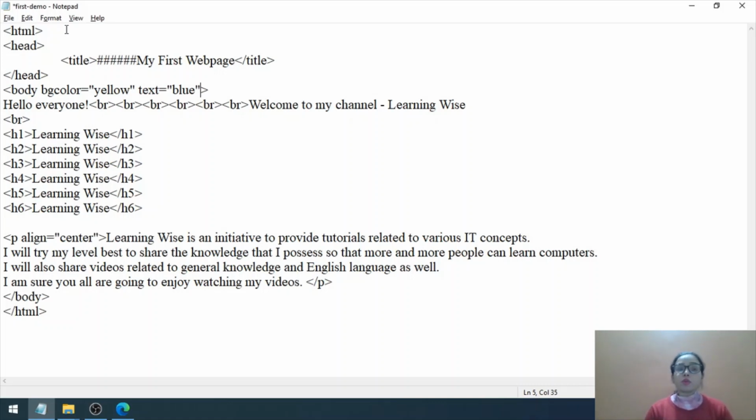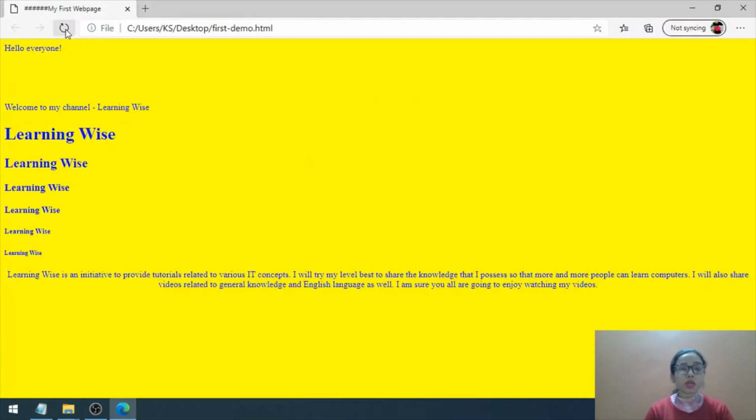See, in many situations, we don't want the background color, like here we have got the yellow color. Many a time a situation may arise that we want a background image rather than a background color. So in that scenario, we would use the attribute background rather than the attribute BG color. But remember, the twist is we have to use one at a time only. Either the background will work or the BG color will work.